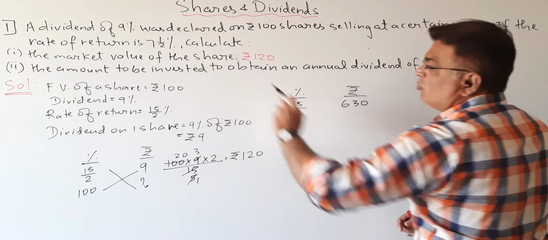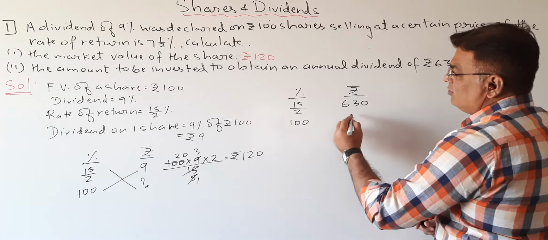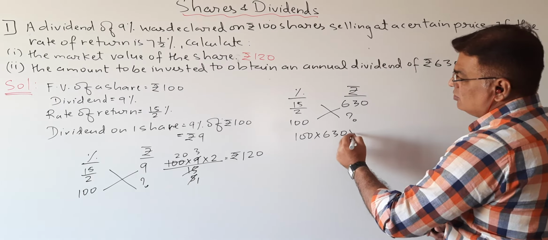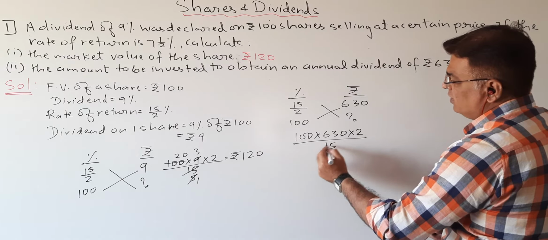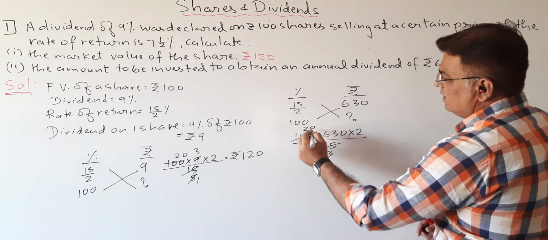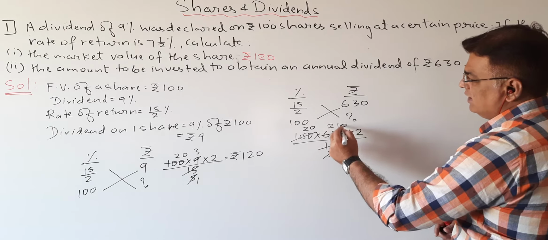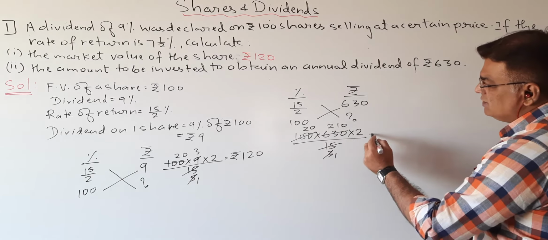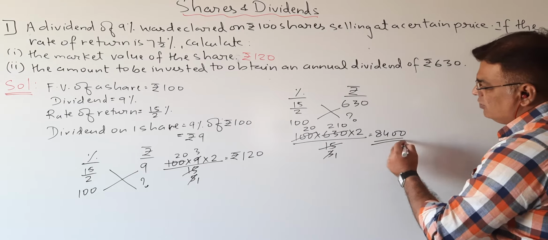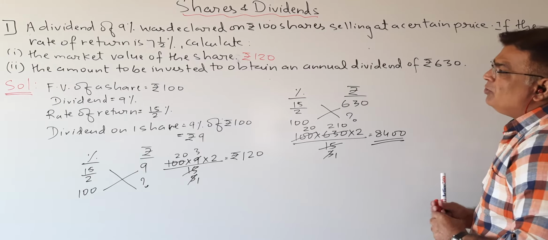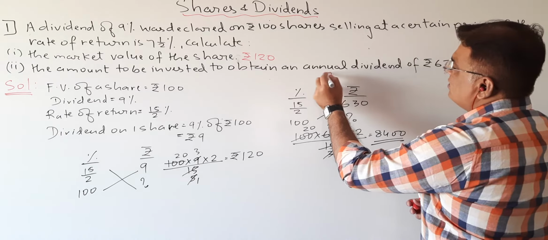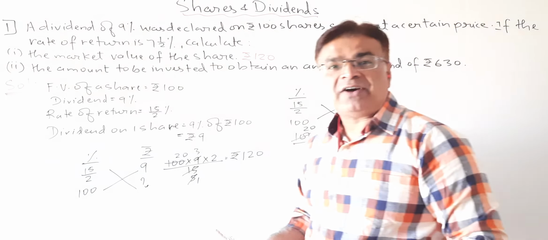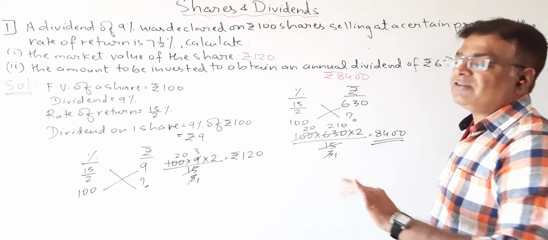So total amount to be invested, let me take 100%. So what will be my total amount? Again, let us do this calculation. It will be 2 upon 15. Again, 5 3s are 15, 5 20s are 100, 3 1s are 3, and 210. And 22 into 1 is 42. 42 into 2 is 84 and 0. Okay. So the total amount to be invested will be rupees 8400. Students, you can also cross verify and you can find.